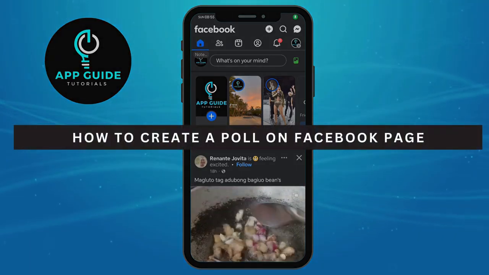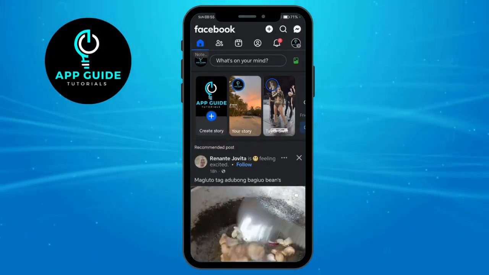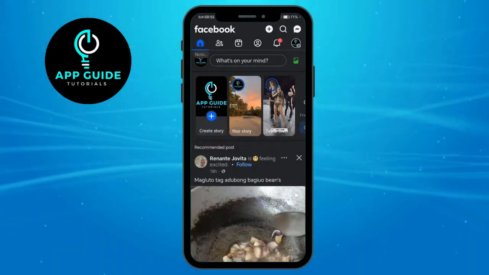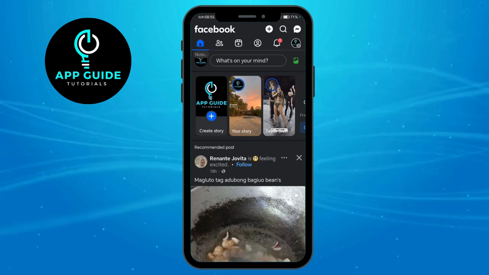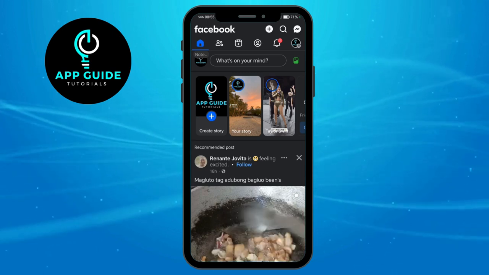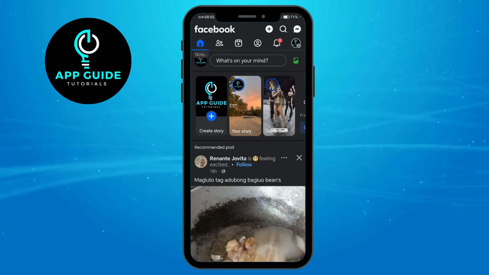How to create a poll on Facebook page. Now, let's say you want to create a poll and have your followers vote on that specific poll. All you have to do to create that specific poll on your Facebook page is to tap on your main